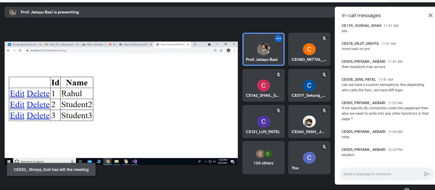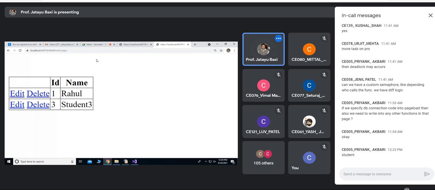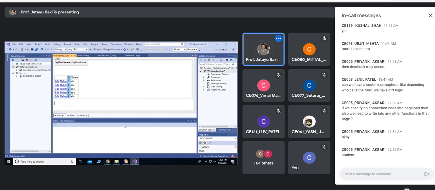If I want to delete student two, I'll delete student two, and it is deleted. Remember that you are not writing any code for doing this. These things happen internally. That is the power of the SQL data source and the grid view control.